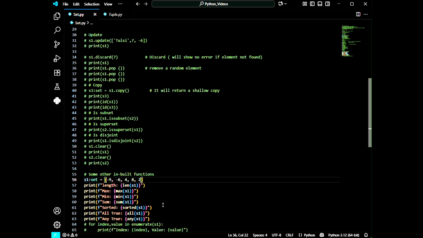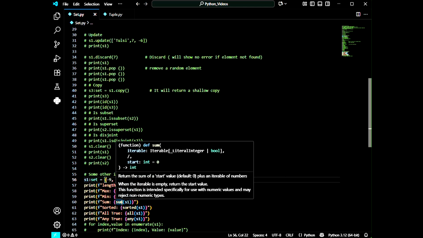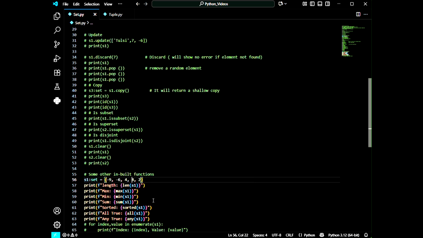homogeneous in which I had stored integers, floating numbers, boolean, string, then we cannot use the maximum, minimum, sum and sorted functions. So we can use these functions here because I have created a set of numbers. So that's why I can use maximum, minimum, sum, all functions. So I have used the sum function to get the addition of these numbers. Now I have used a sorted function to sort the set,